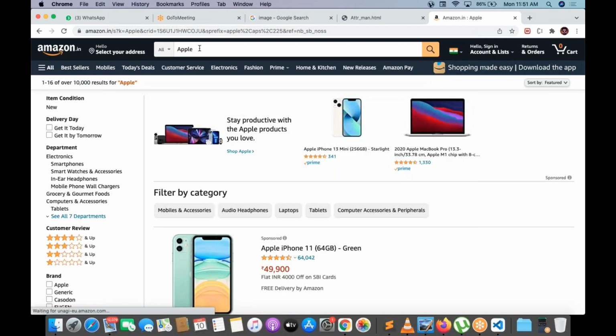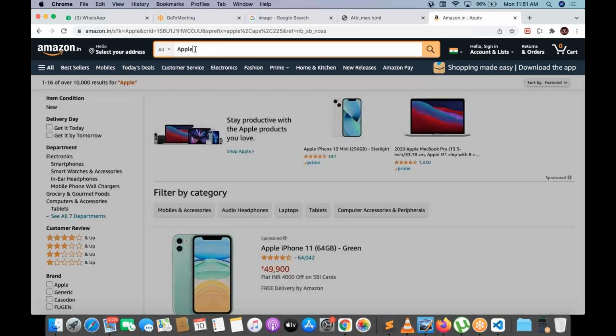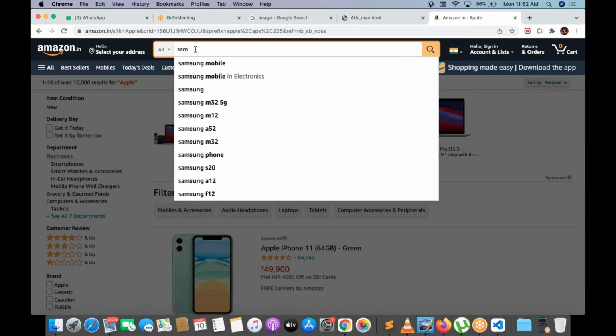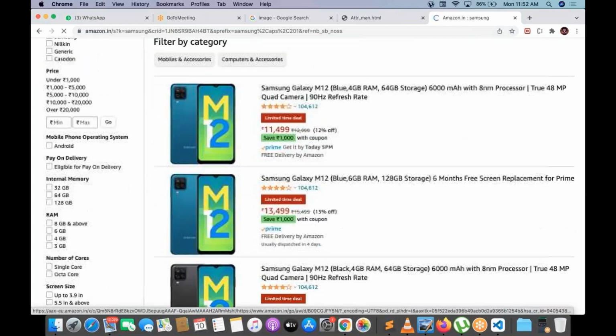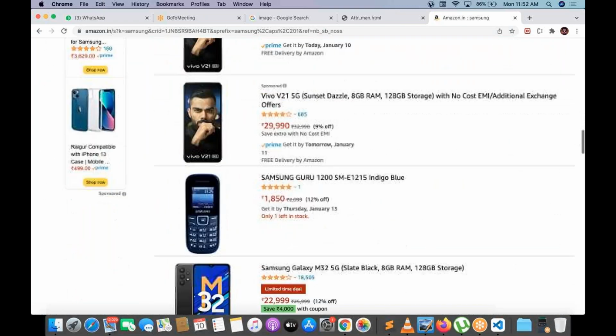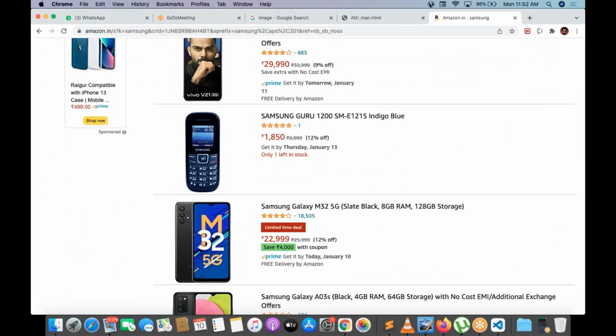Apple key is different. Apple space iPhone key is different. Samsung key is different. Based on Samsung, you can get a number of records. These records are stored under the Samsung key. Some records are stored under the Lenovo key. Some records are stored under the kids related things.